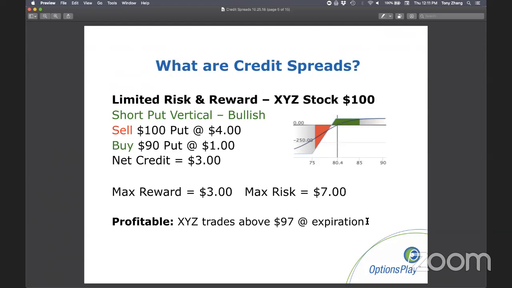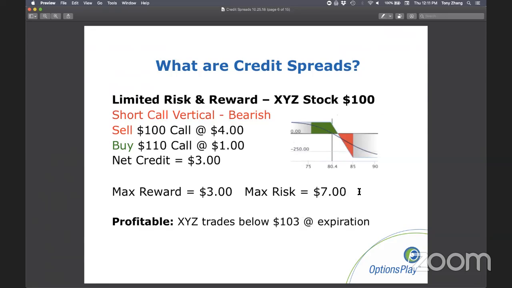That's really why this is one of the more popular strategies amongst traders: you don't have to have a strong directional view. Even if it moves a little higher or a little lower, you can still make money on this trade. But what that comes with is an inverted risk to reward ratio, meaning you're risking more than what you can potentially make, which is different from debit spreads, where you're risking less to potentially make more. So that's the difference between trading credit versus debit spreads.